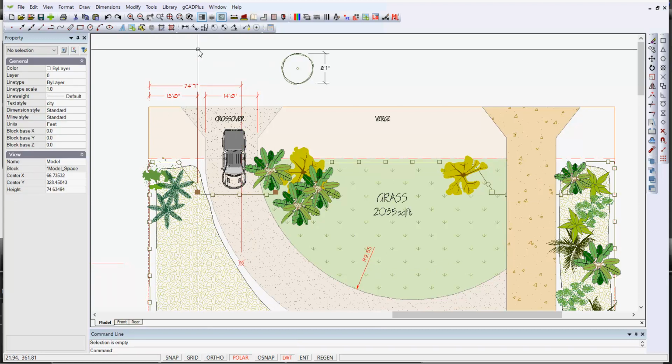And that set out point can be important for establishing various curves and other markers in the